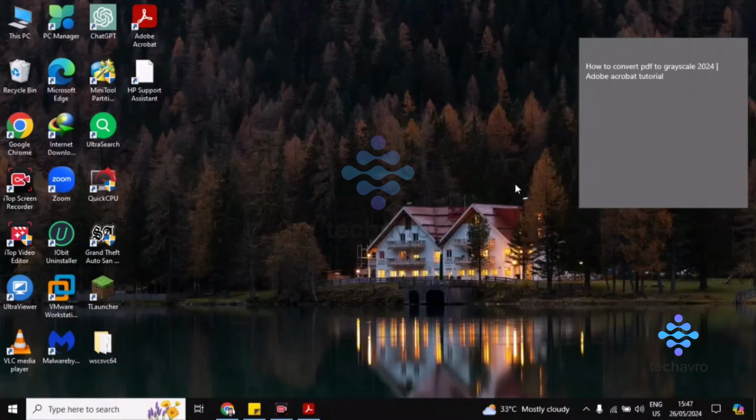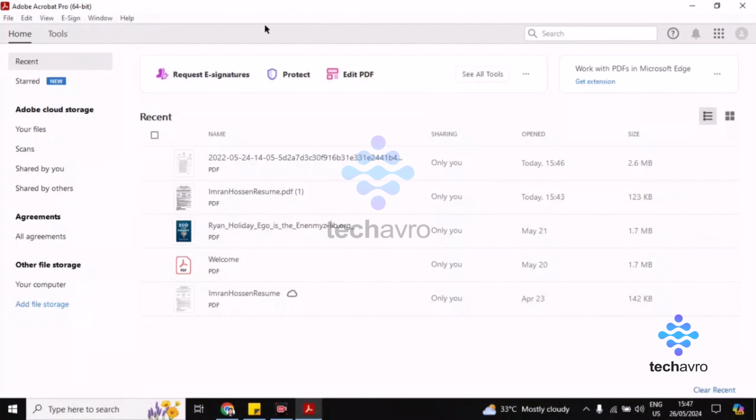In this video, I'm gonna be showing you how to convert PDF to Grayscale 2024. So firstly, you have to click on this Adobe Acrobat and open this, and then you have to open your